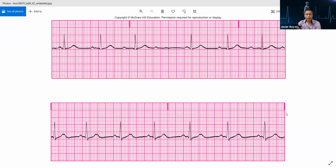So the patient may or may not feel any symptoms with first degree AV block, but you should remember the parameters for cardiac output, the signs and symptoms for a decreased cardiac output. We've emphasized that, I believe. So make sure you look at the checkpoint questions, and I'll share the screen with you so that you can evaluate these. This is checkpoint question LO 8.2. Out of these two, which do you see the prolonged